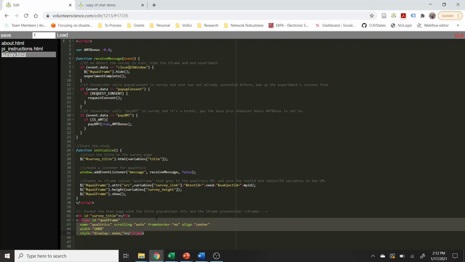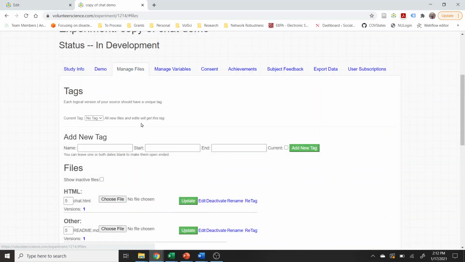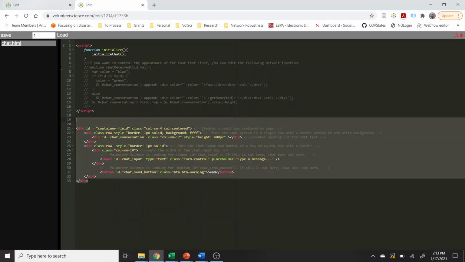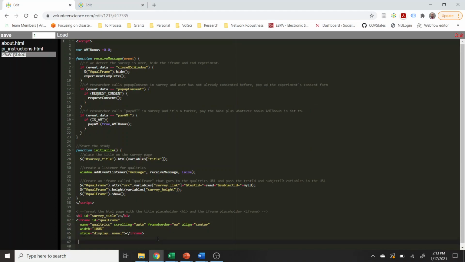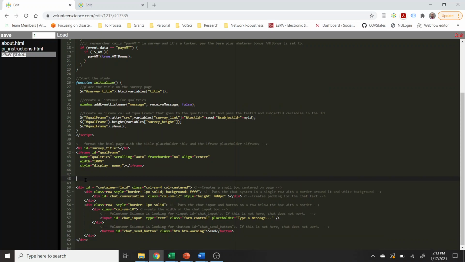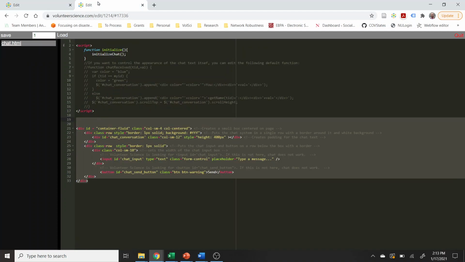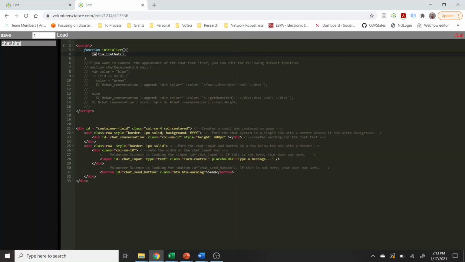So what I want to do today is paste in this chat HTML file here, paste it down below this, and then put in the little JavaScript function call, and that'll put the chat box under the survey. HTML reads top to bottom, and when I add in this stuff under my HTML, it's going to render this iframe on top, and then it's going to render the chat box below that. So I just pasted the chat box in there,